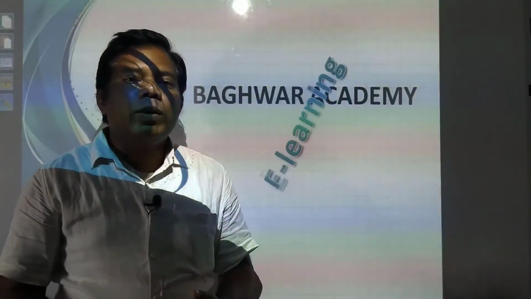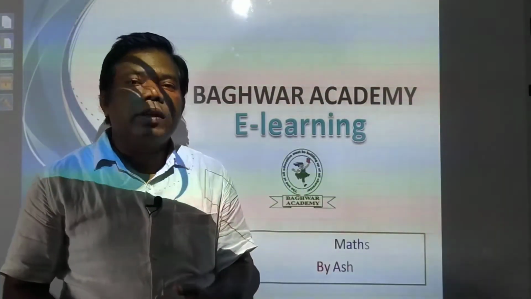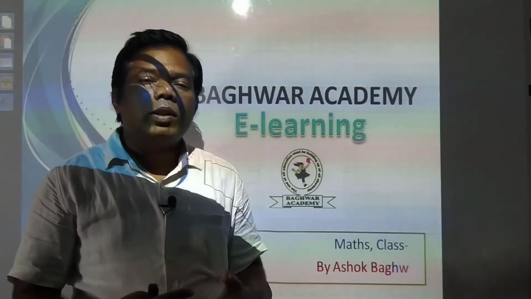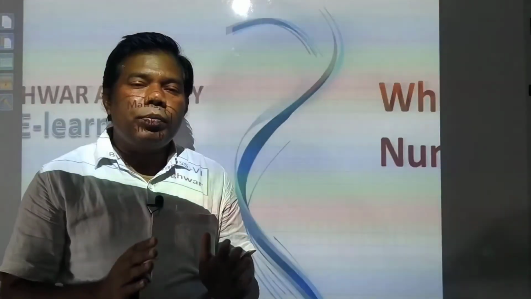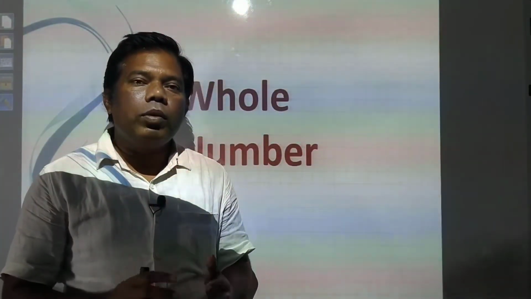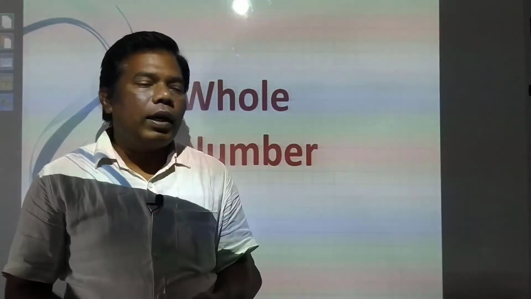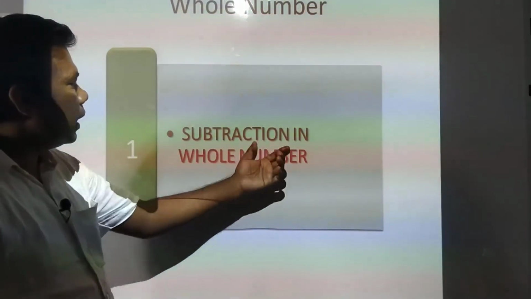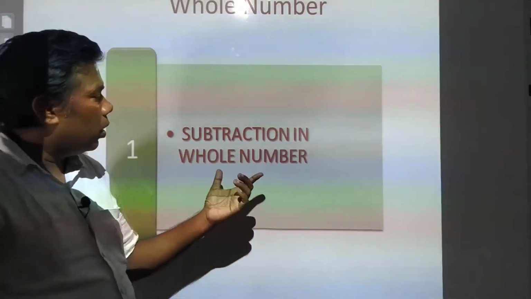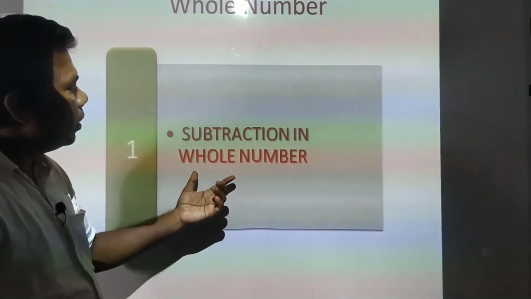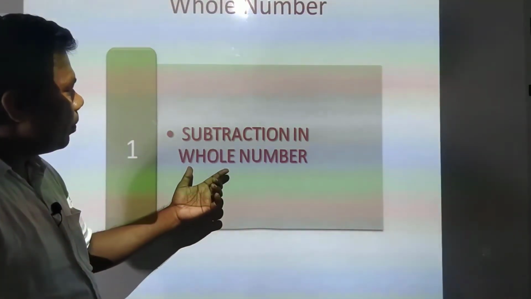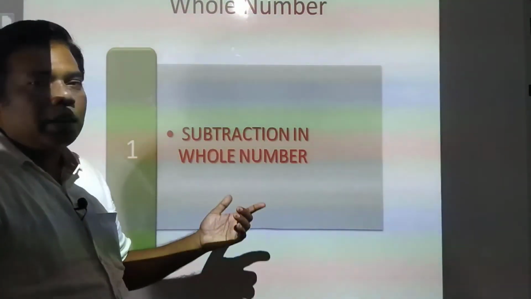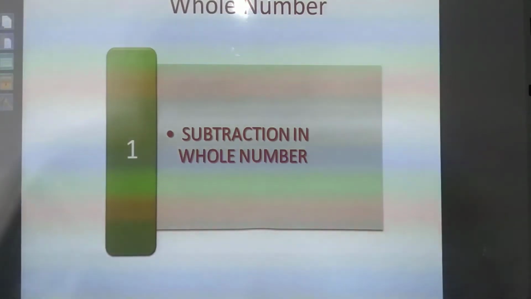In last class we had seen exercise 3b. We have completed it also, and it was told to complete. I hope you have done it in your notebook, and it was told that a new topic will be started. So today we are going to start subtraction in whole numbers. Addition we have already seen, so today we need to do subtraction in whole numbers. So let's start.